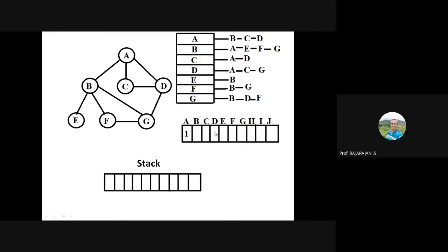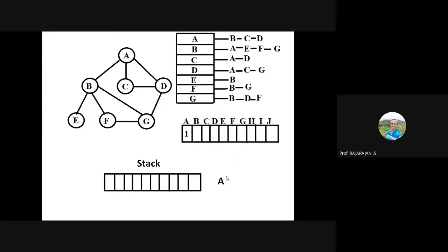Mark it as, okay, this array is meant for knowing which vertices are already visited and which vertices are yet to be visited. So since we have just visited A, we have marked A as visited and print it on the screen. I'm printing A so that we know which vertices are completed from the user point of view.